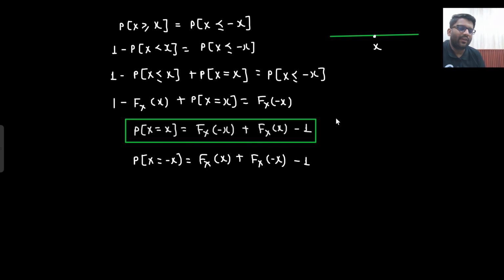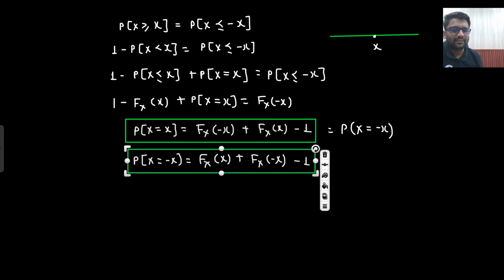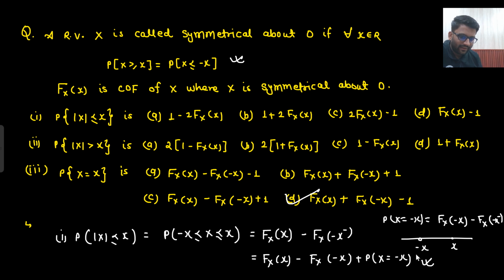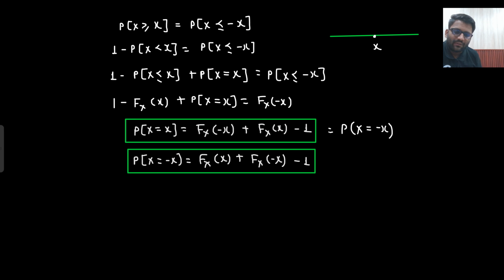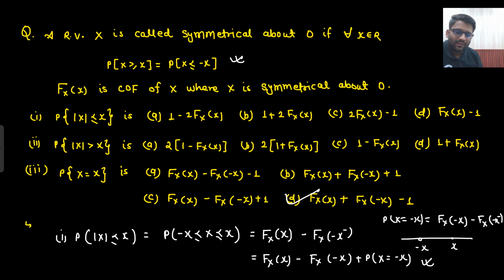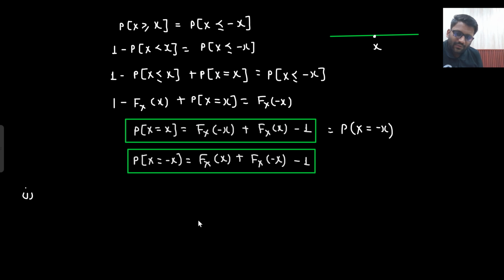So basically from here, what did you get to know? That the probability of a random variable x taking the value minus x and random variable x taking the value plus x are both the same. So this also we got to know. And why did I calculate the probability at x equals minus x? Because here I need this. So let's get back to our first question. This answers our third question. The third question has been already answered. Let's get back to our first question. In the first question where we were,